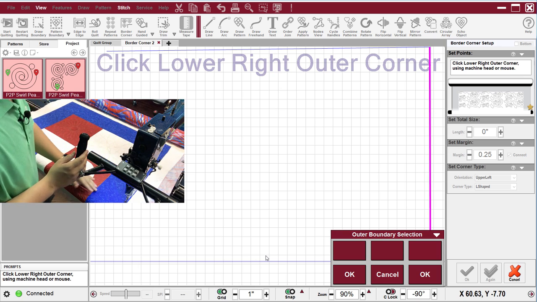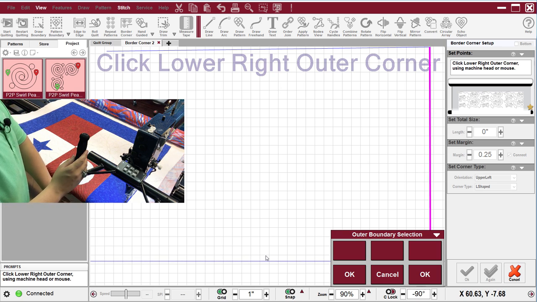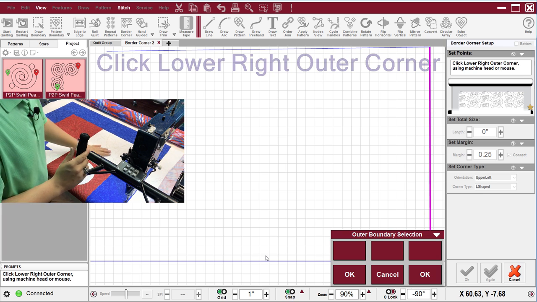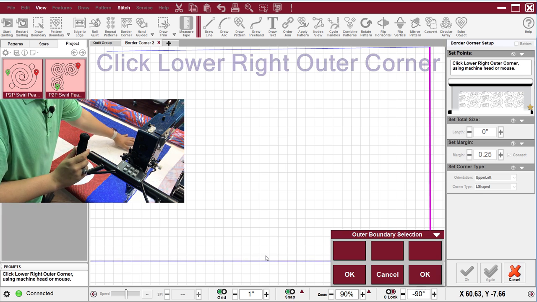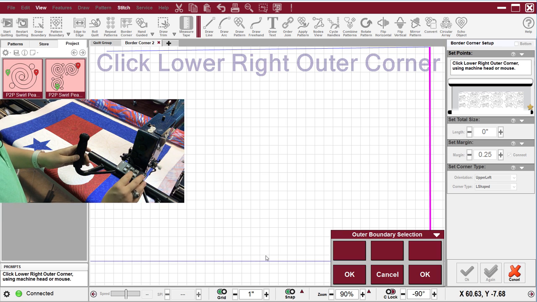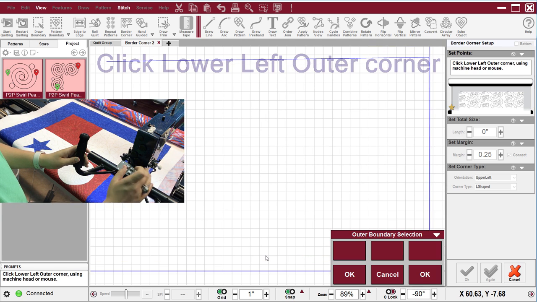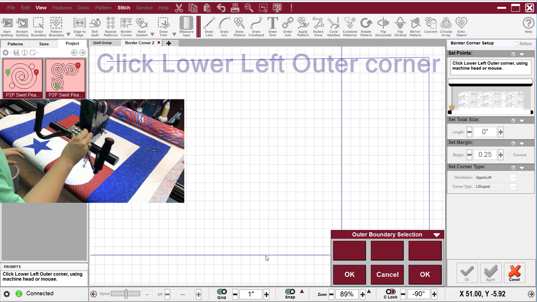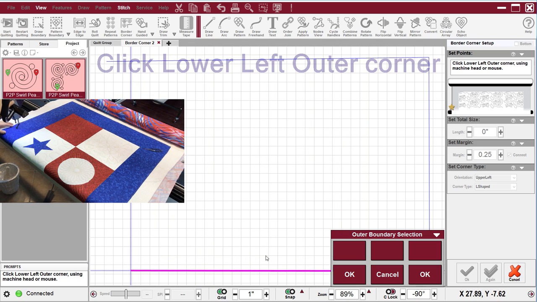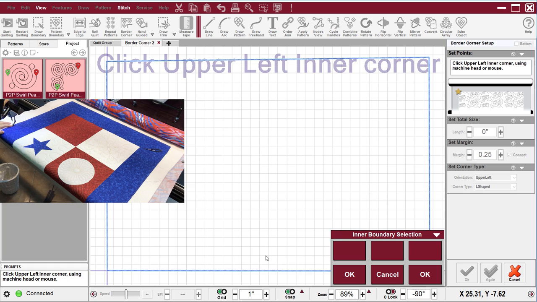get to at this one time. It's just what's in your quilting area, okay? Please do not roll the quilt all the way to the bottom and select that lower right point, okay? Stay right here in your throat space area and do the lower right of that throat space, okay? So I'm going to select OK there. I'm going to go to the lower left outer corner and click OK here. And now after I've clicked these 4 points, you'll see that Creative Studio has brought up